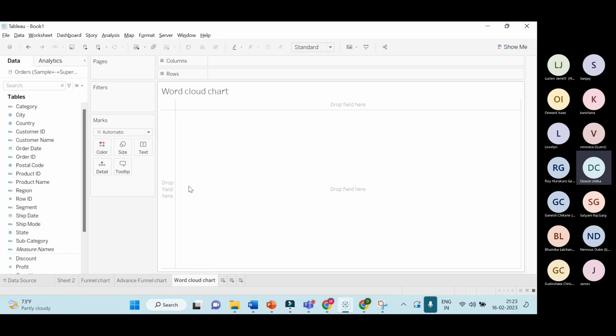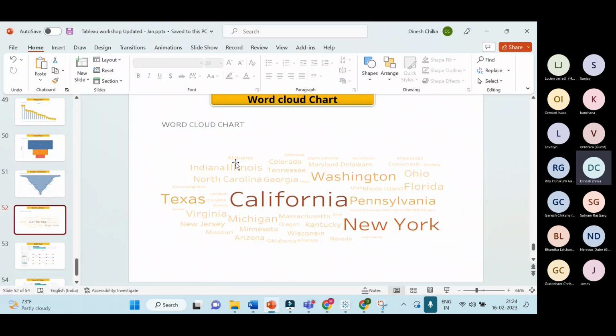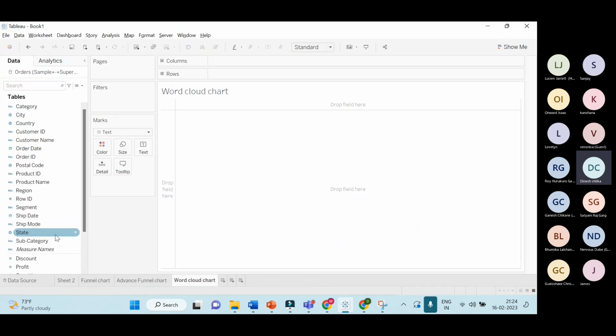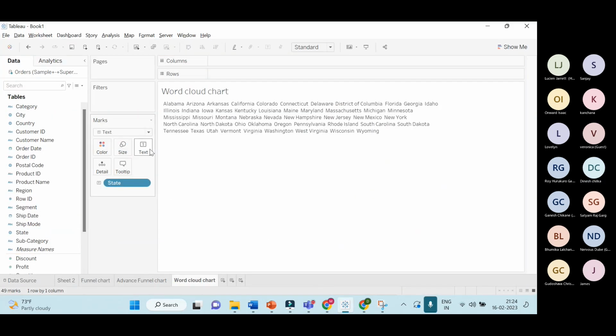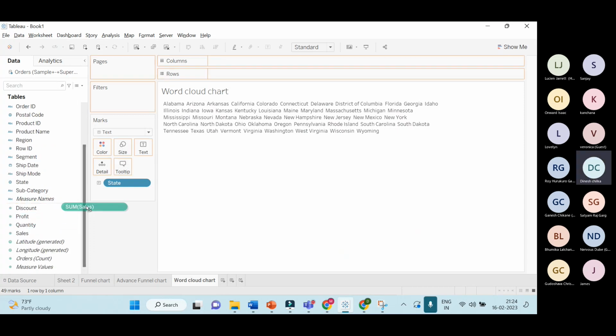Before preparing the word cloud chart, it is important to change automatic to text. Now we change automatic to text. Then I want to showcase a region. I want to showcase states, state by sales. These numbers are what we are showcasing, right? Let's suppose states into the text, state into the text. Now sales into the size,